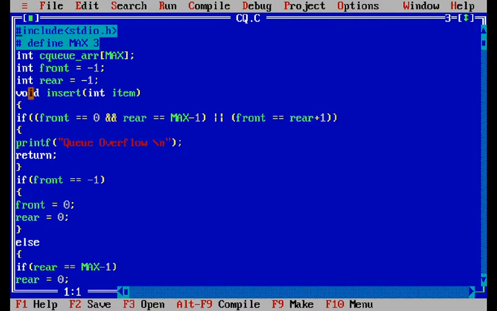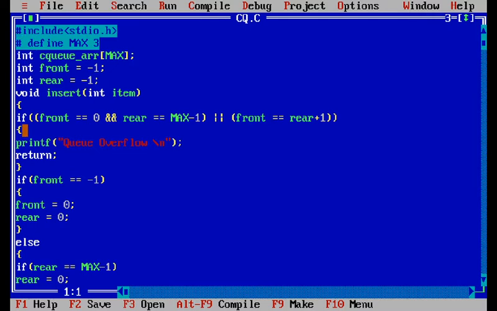Now in the insertion function, we pass the argument item to that insert function. First check the condition: front equal to 0 and rear equal to MAX - 1, or front equal to rear plus 1. If this condition is true, then we say that the queue is overflow.